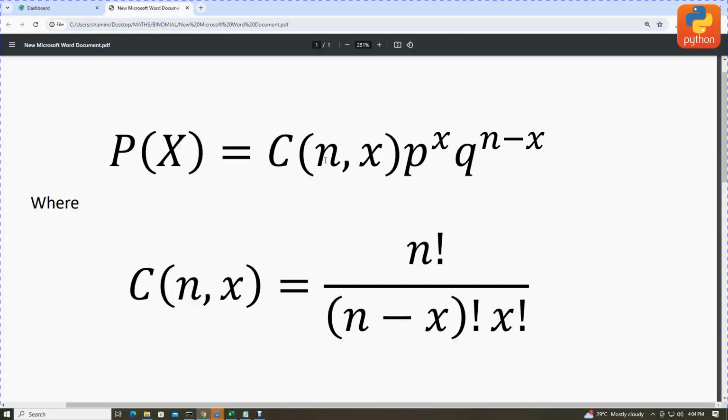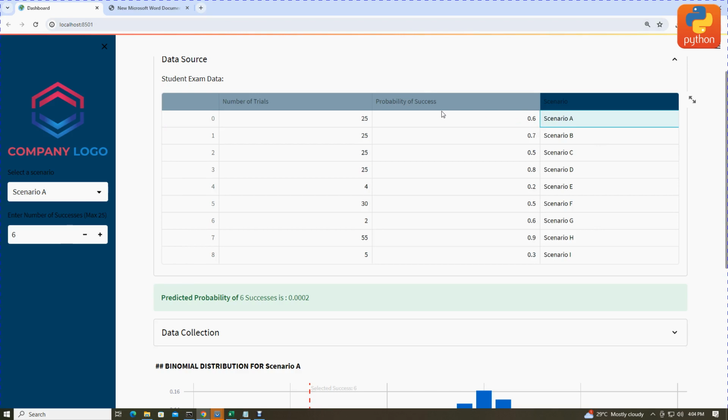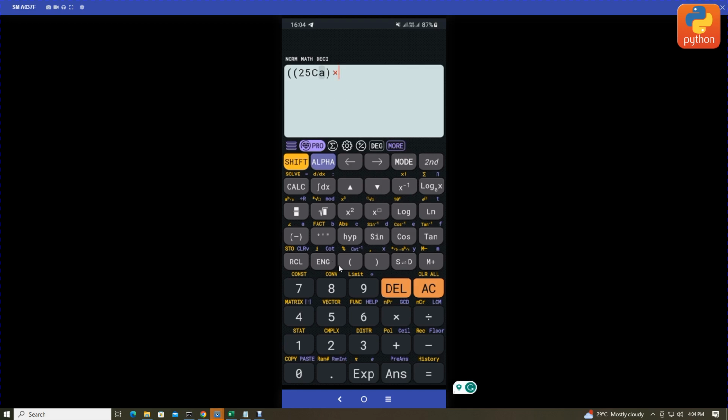Probability of success power x. What is the probability of success for scenario A? For scenario A, the probability of success is 0.6. So now go to the calculator, times 0.6, then you choose exponent. Exponent x is unknown, so press alpha, then press b. After that you can close the bracket, then times probability of